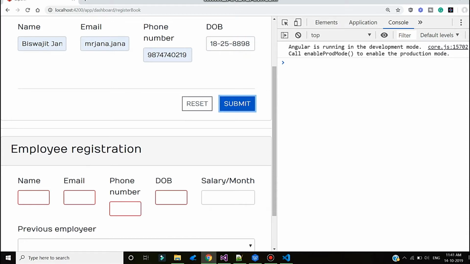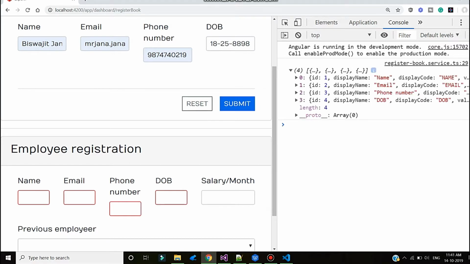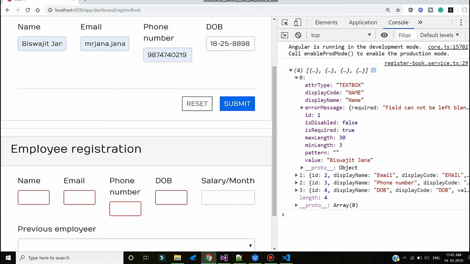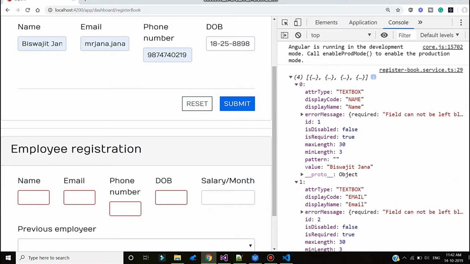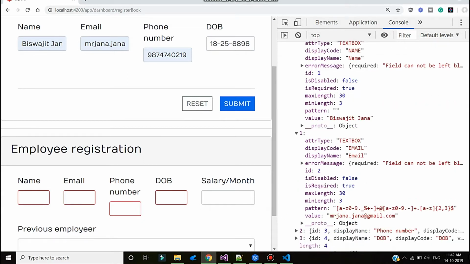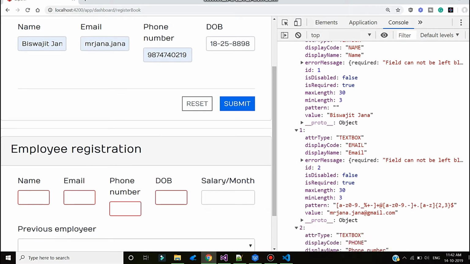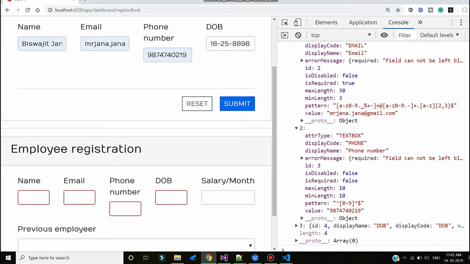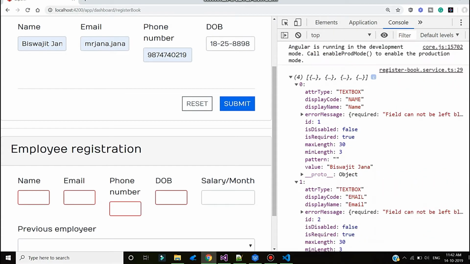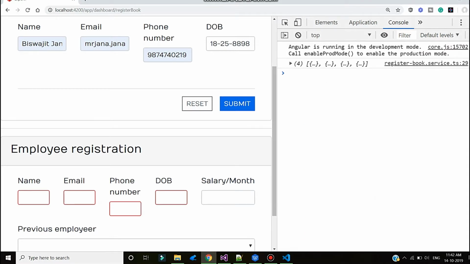Okay, now if I submit, you can check that the service is going to log all the values here, Viswajit Chana, email, all the values are coming. So now we need to filter the values and send them to the service. Now you should try it by yourself. And here